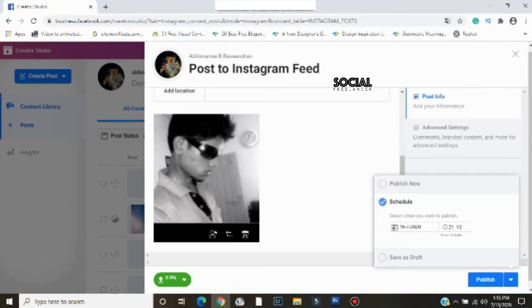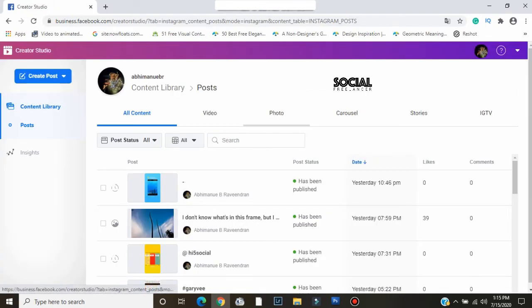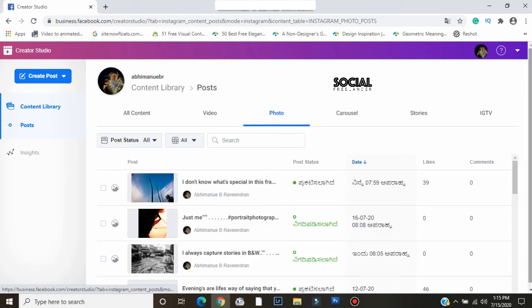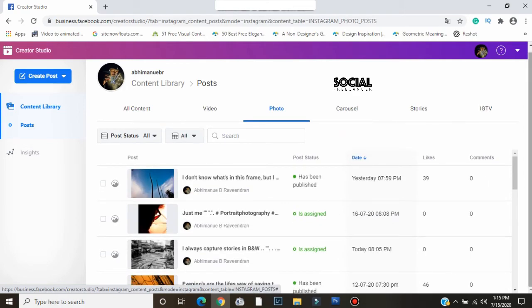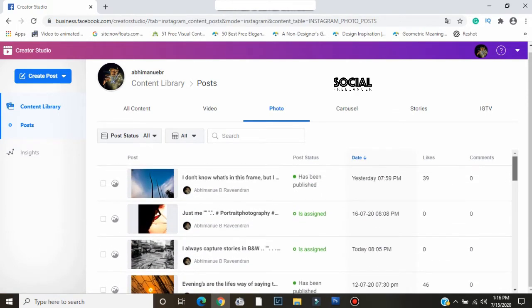You don't have to use any social media management tools. And also you have a save as draft option, and I will show you the posts which I have scheduled till now. If you go to the photo option, you can see the second photo and the third photo. Under the post status, it is written as scheduled. Okay, I have also started to schedule posts using Facebook Creator Studio.